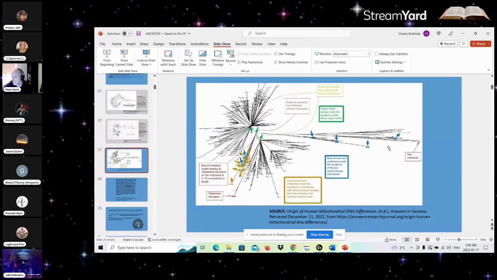Are you saying that I'm wrong, Grayson, on that? Yeah, I'm saying that's not how you would root that tree. But you said it's rooted somewhere, and now you're saying that it's not. No, I'm saying this tree on the screen is unrooted. I haven't chosen to root it. But if you looked at a rooted tree, it starts at your L haplogroup, and it would look like a staircase.